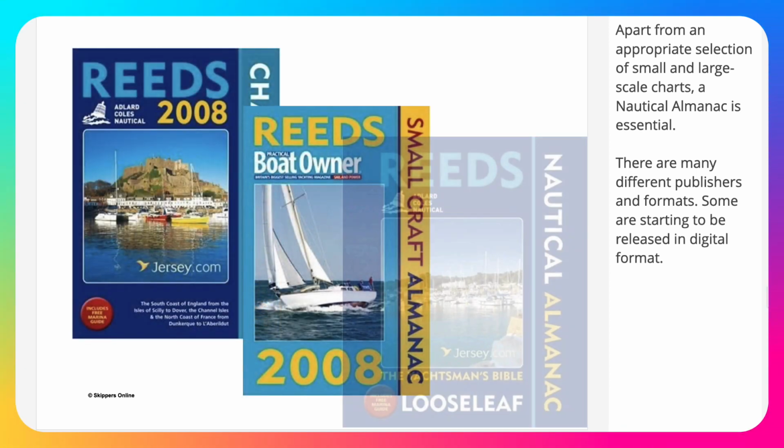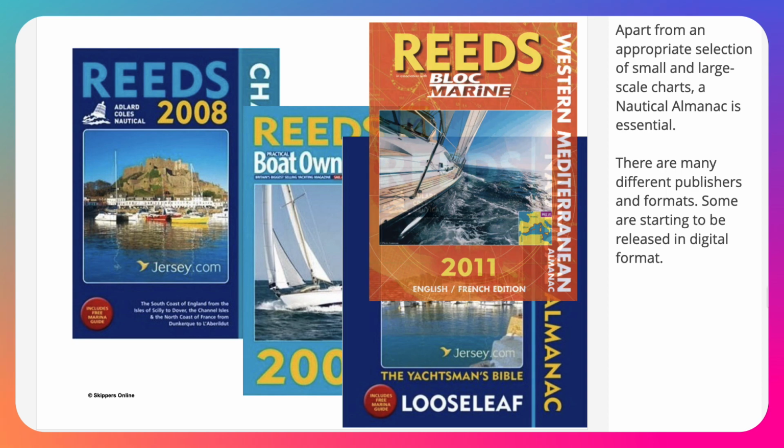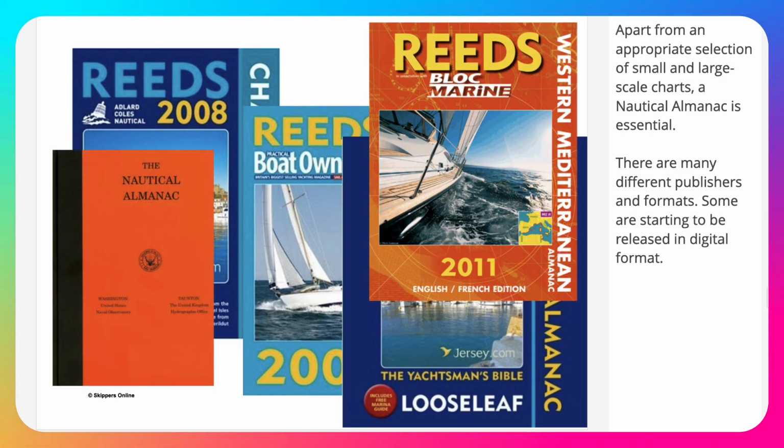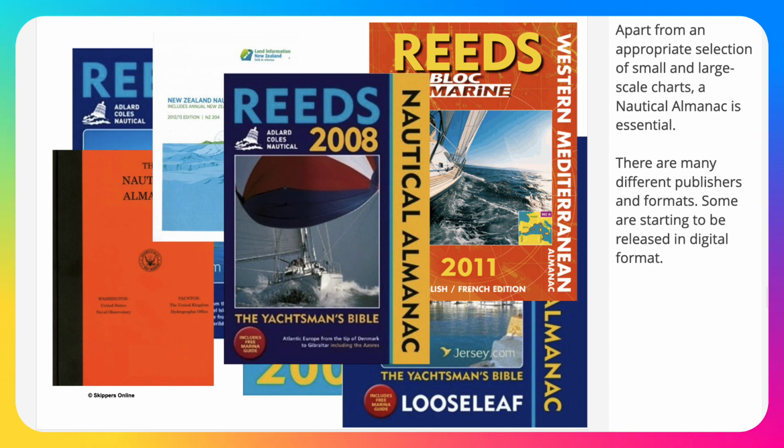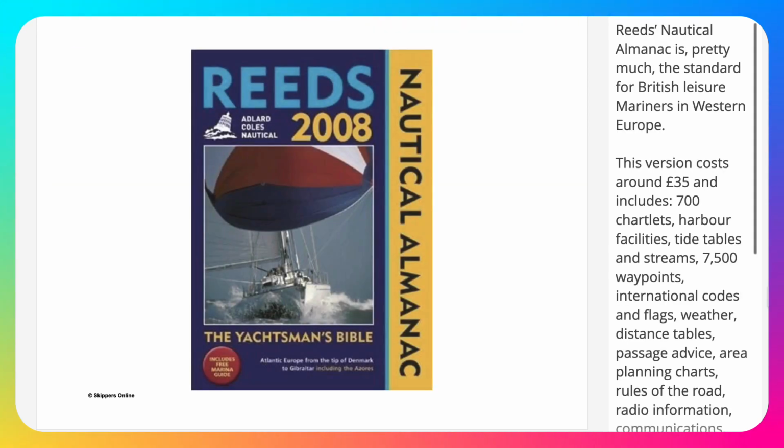Apart from an appropriate selection of small and large-scale charts, a nautical almanac is essential. There are many different publishers and formats. Some are starting to be released in digital format. Reed's Nautical Almanac is pretty much the standard for British leisure mariners in Western Europe. This version costs around £35 and includes 700 chartlets, harbour facilities, tide tables and streams,